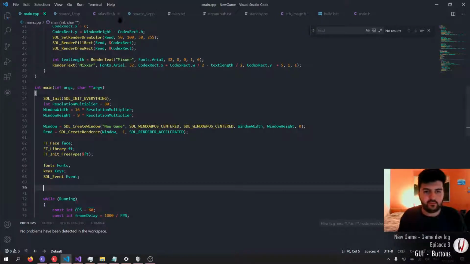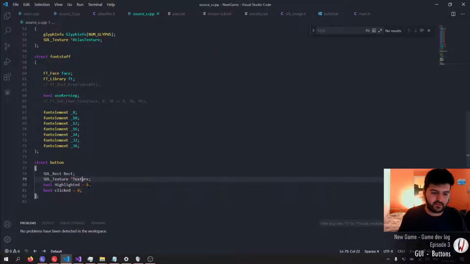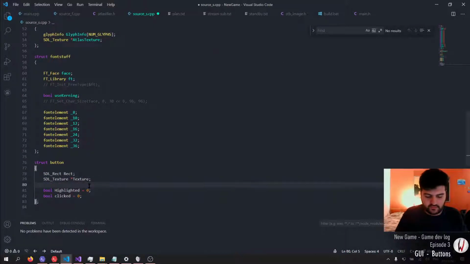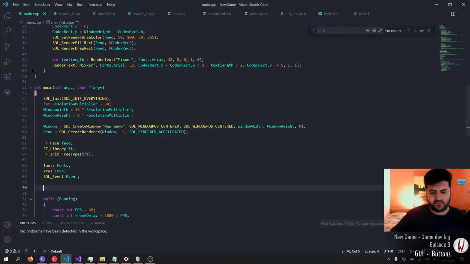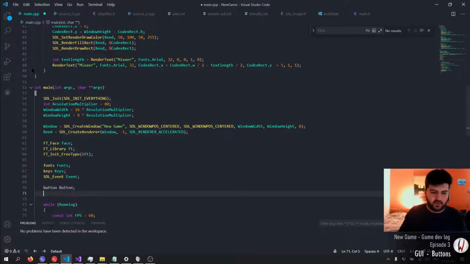Oh yeah, we also need maybe a button text. So it's going to be a string text, and I use strings for rendering text because strings also contain the size information, which is necessary for me to iterate over the text. Doing it manually is just a pain in the butt. Why not use the library? Okay, so let's say button and call it button. I'm going to draw it in the center of the screen, as simple as it is, and initialize it as